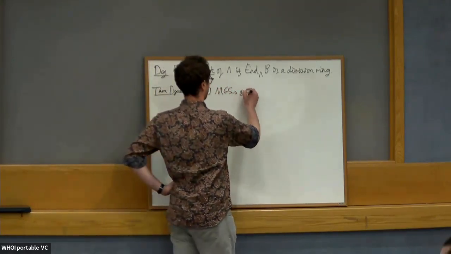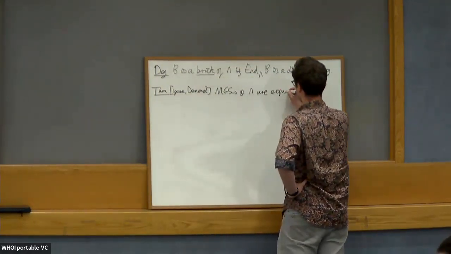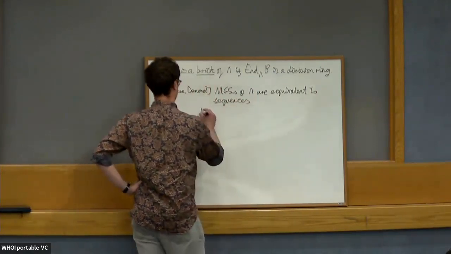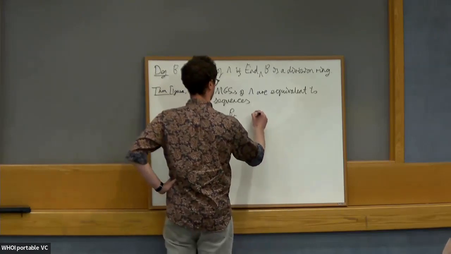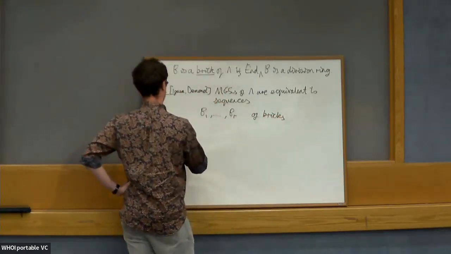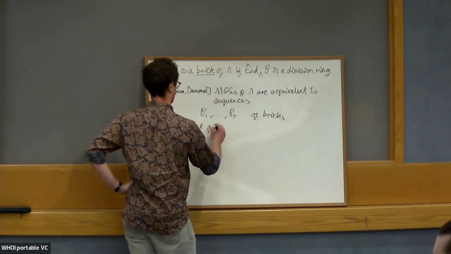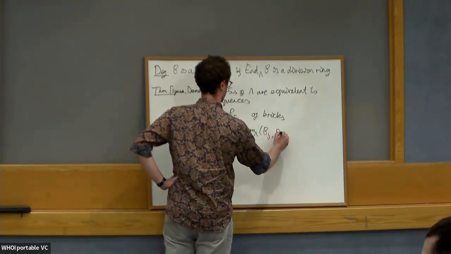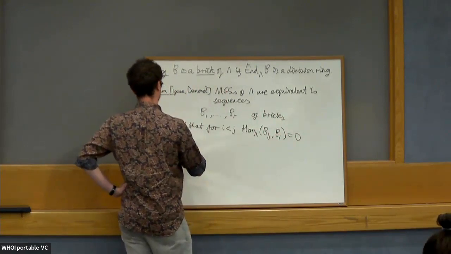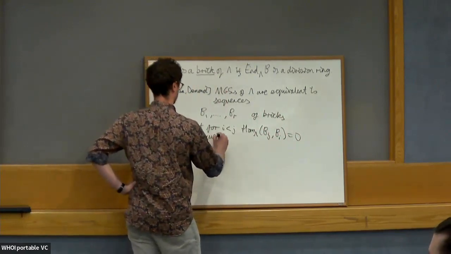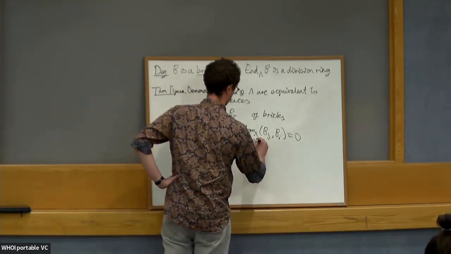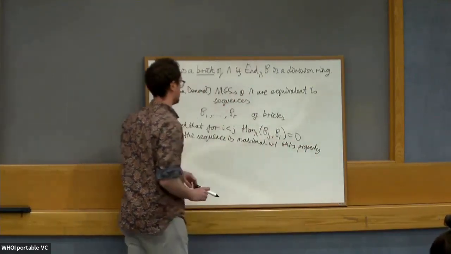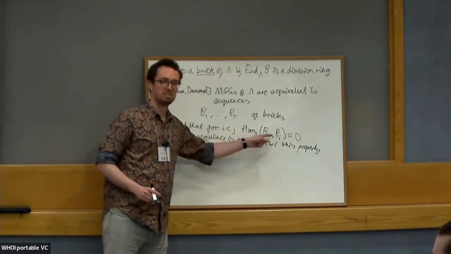maximal green sequences of lambda are equivalent to sequences B1 up to BR of bricks such that for I less than J, Hom lambda from Bj to Bi equals 0, and the sequence is maximal with this property. So it's not possible to add any more bricks to the sequence without getting some non-trivial homs in the